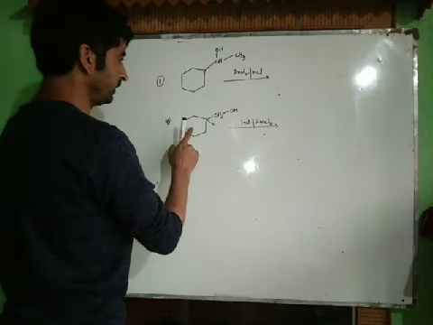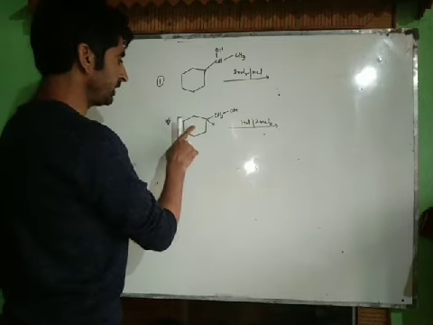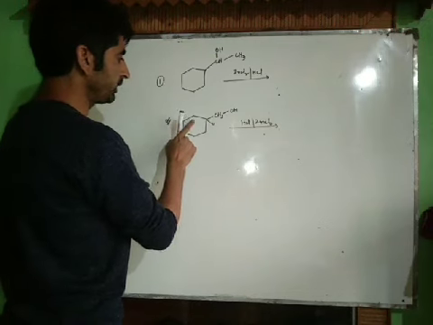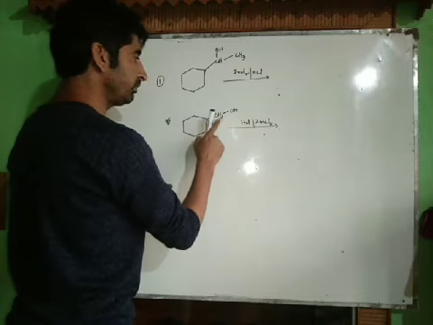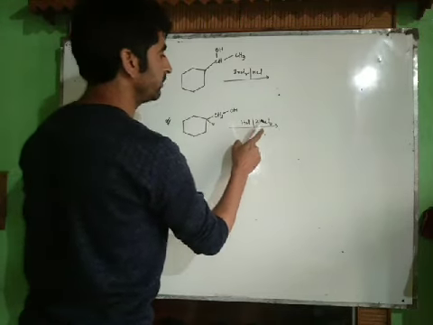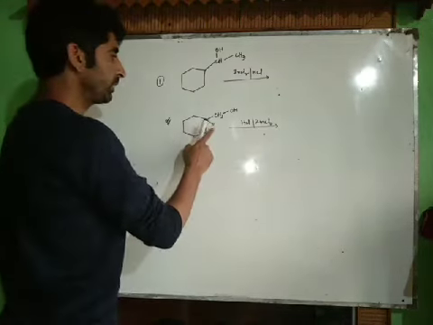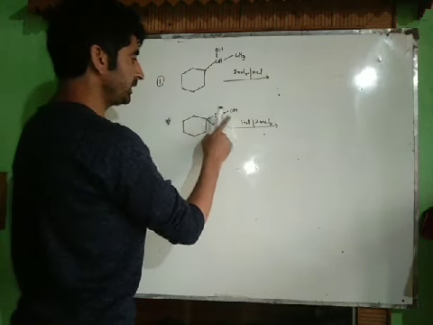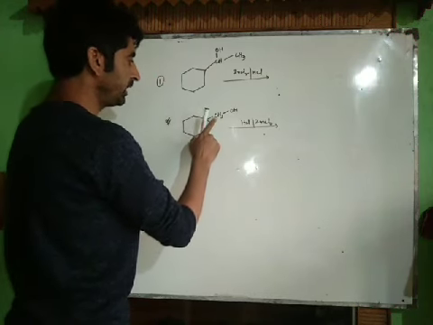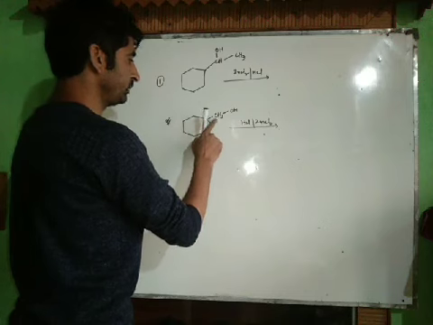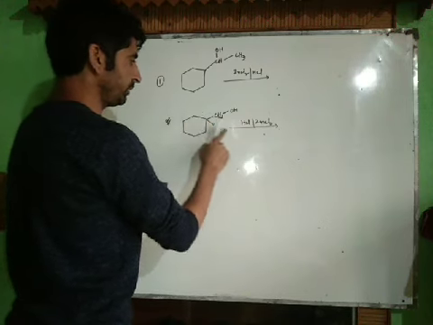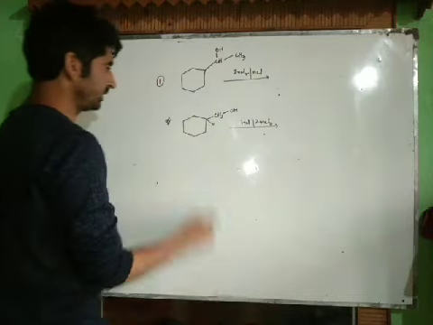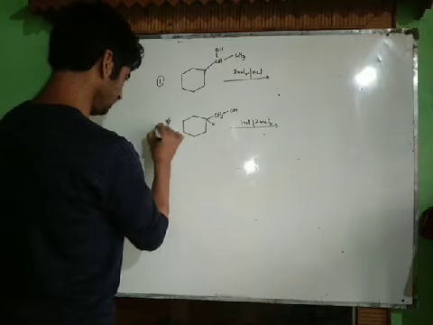This is very important. Sometimes a question may be asked: which among the following species does show reaction with Lucas reagent? Although this is a primary alcohol, it can still show reaction with Lucas reagent. Why? Because reaction with Lucas reagent involves formation of carbocation, and rearrangement is possible over here. After rearrangement we get a tertiary carbocation, therefore it may react with Lucas reagent. Now do this question on your own.